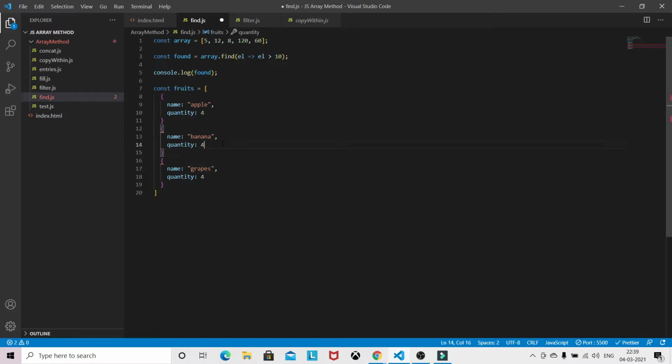Let's modify the quantities a little bit. Okay, so we have our array of objects.